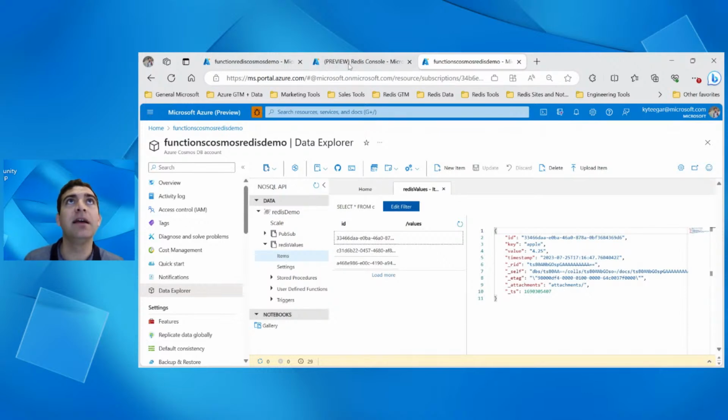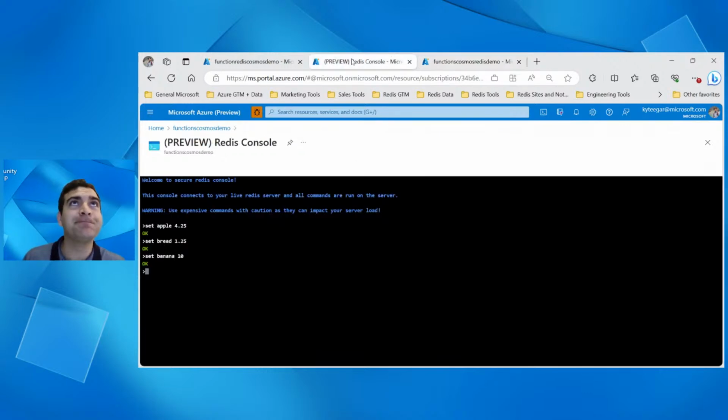But here's the really fun thing. If we go back to Redis and we clear our cache, I'll just flush our entire cache. And you can see if I check our keys, we got nothing in it. So I've emptied our cache completely. What happens now if I request one of these values? Well, so you'll see if I say, all right, let's get apple,